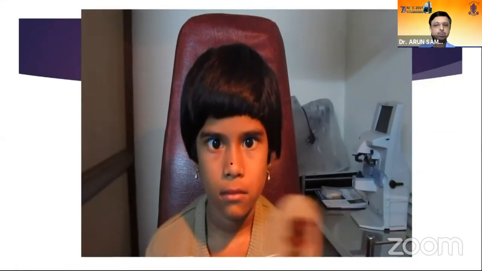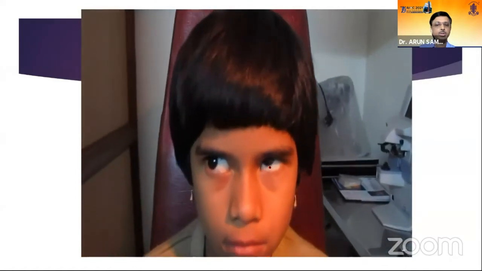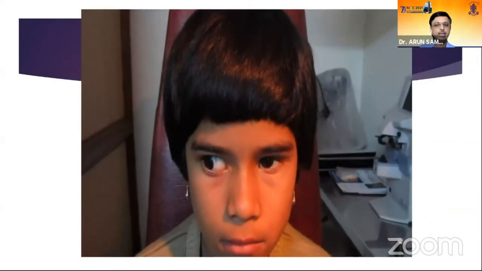Here you can see this patient. She is trying to look, and you can see the left eye overshooting. This is a classical upshoot in Duane's retraction syndrome. You can see the narrowing of the palpebral aperture also, and widening of the aperture on abduction. So this is a classical type 1 Duane's with an upshoot. You can see the upshoot here, very nicely seen.